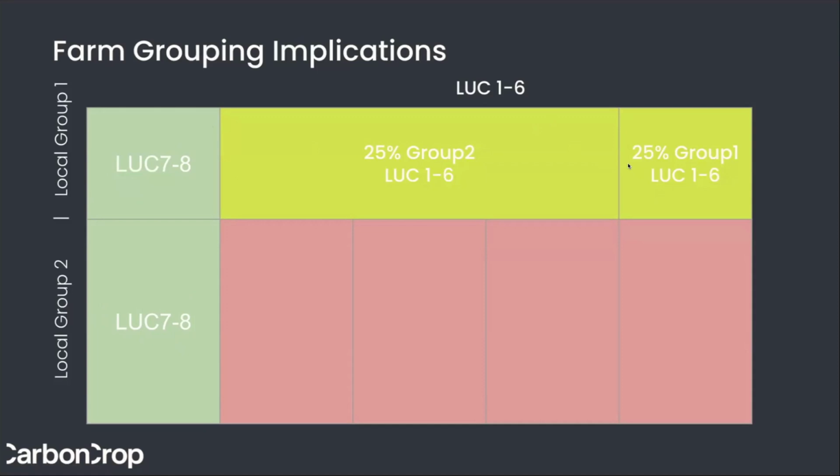This is clearly contrary to the intent of the policy, remembering that there is not a shortage of LUC 1 to 6 land. If you just took 25% at face value, I can't remember the numbers that we had earlier, but it's in the multiple millions of hectares, far beyond what's anticipated for afforestation, especially through the restrictions of this policy. And if you're not careful, all of that could come, at least in theory, through whole farm conversions, which is the whole thing the policy aims to prevent.